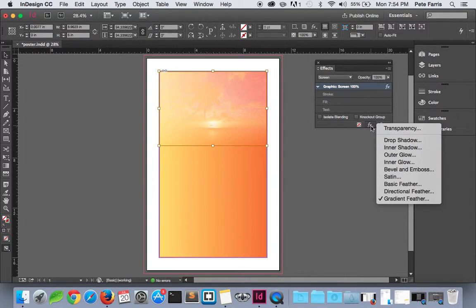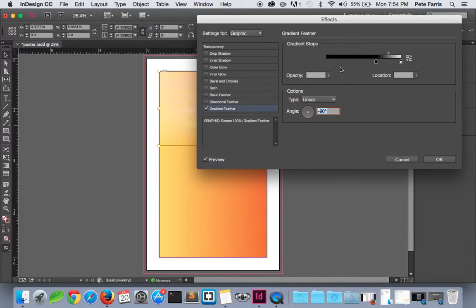And again, I'm going to come in here to the effects panel and just show you again what's going on. What we've done is basically a gradient feather, which allows us to fade out parts of an image or graphic using a gradient as a template. Here we have a black to white gradient, and just like Photoshop, anything that's black shows, anything that is white does not. We can also see that we have an opacity of 0 here, so we are literally fading going from a hard stop here with the black set at 100% to a 0% opacity white stop